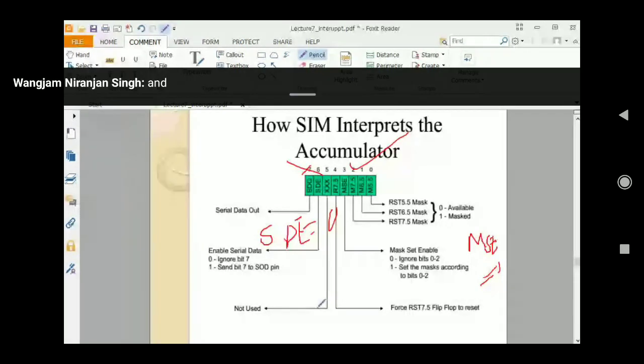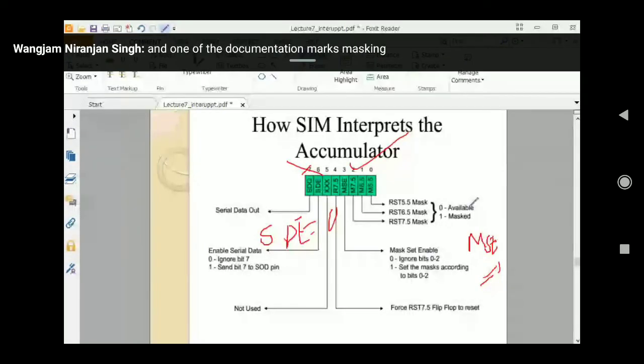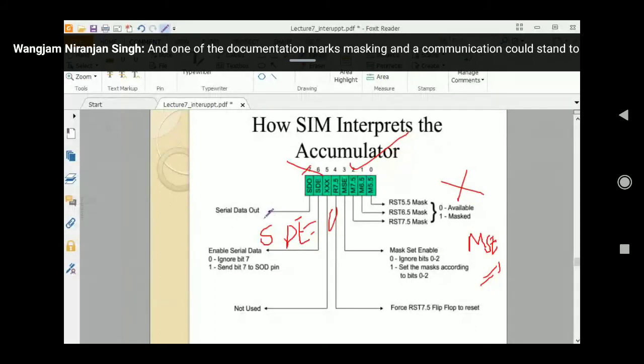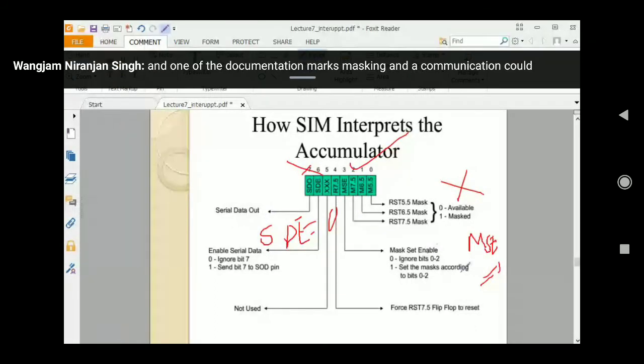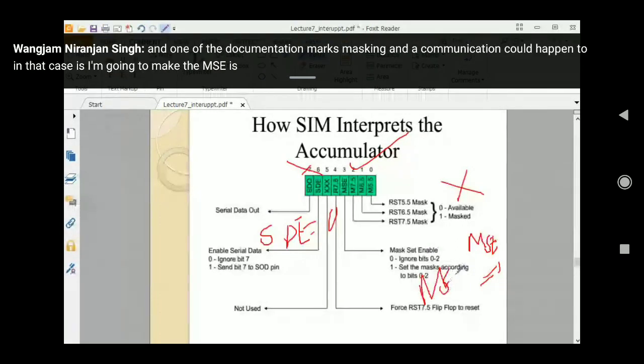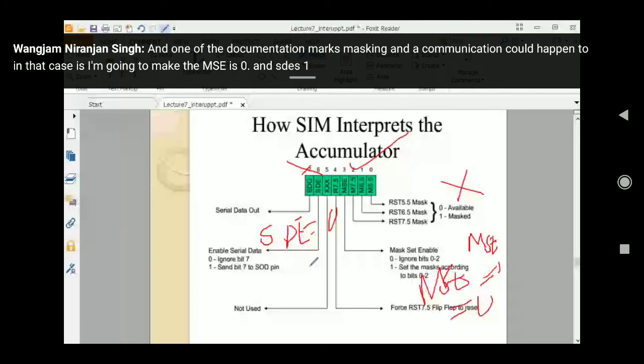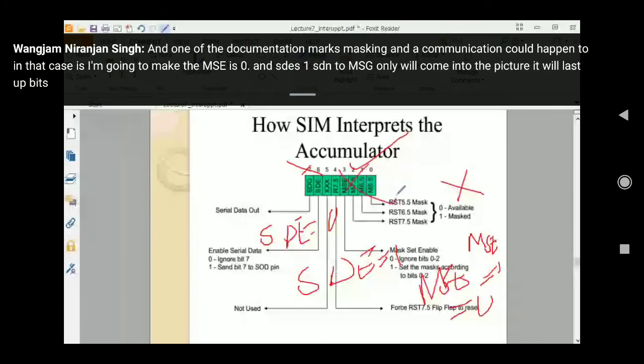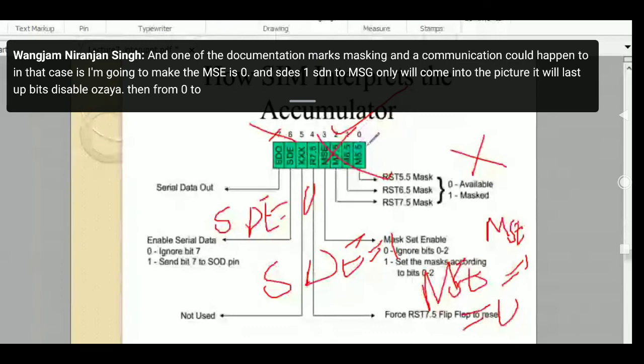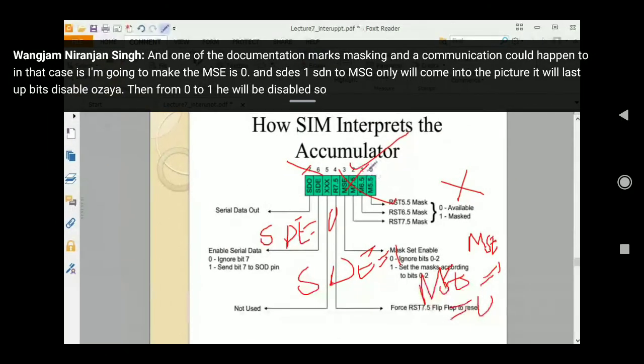For data communication, I don't want to mask. If I want to do serial communication and send some data, in that case I am going to make the MSE 0 and the SDE 1. With MSE 0, this one will come into the picture, these bits will be disabled from 0 to 1, so it will activate it. So data serial communication I can establish.